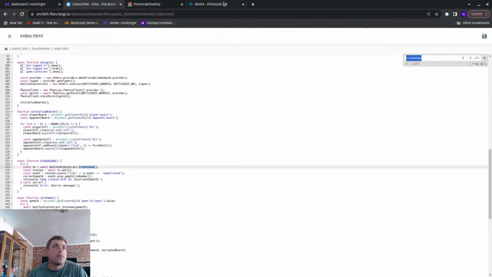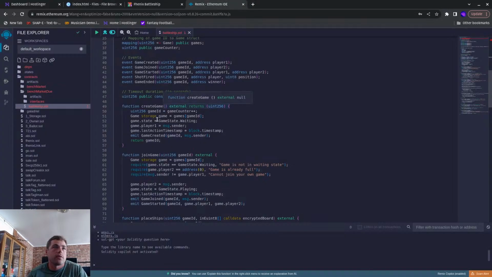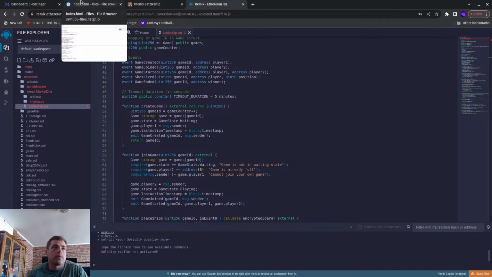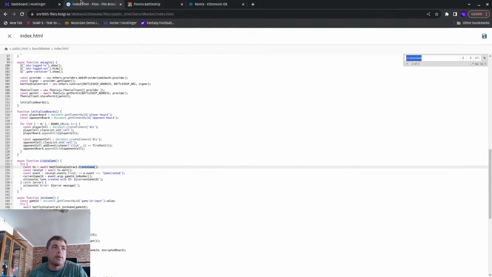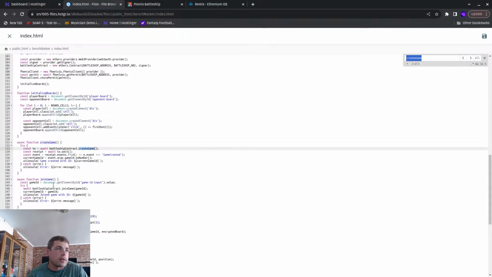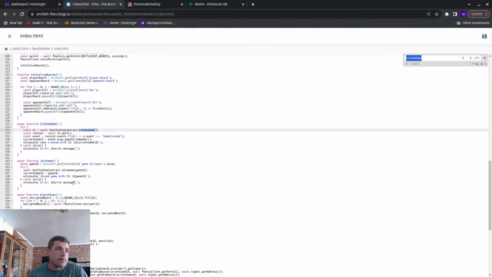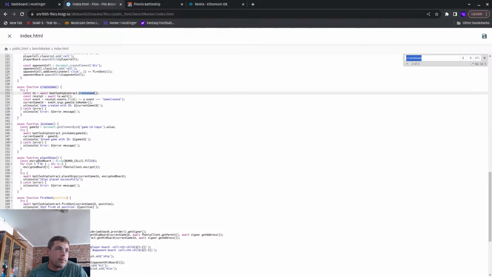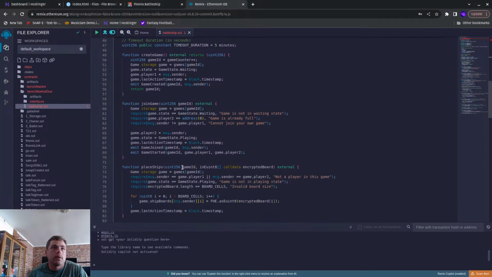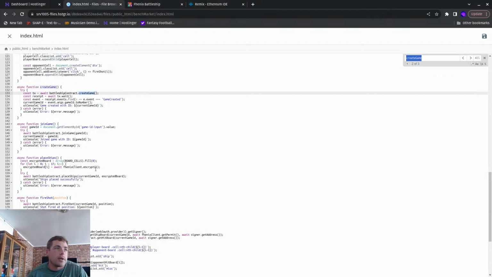So we need to, that's fine because this create game has no parameters, but join game has parameters, and it has to be a game ID, right? So join game, I think this actually works. I think I've started games and place ships is one though that has two parameters, and in my code,